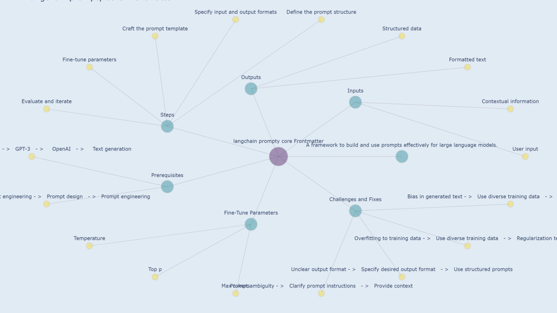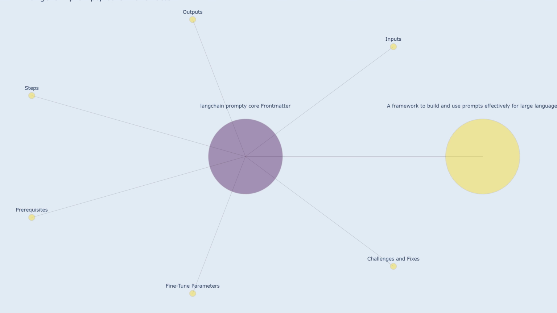LangChain Prompty Core front matter. A framework for building and effectively using prompts with large language models. This framework simplifies the process of crafting prompts that are tailored to specific tasks and ensure efficient communication with LLMs. It emphasizes a structured approach to prompt design, considering various aspects such as input types, desired output formats, and fine-tuning